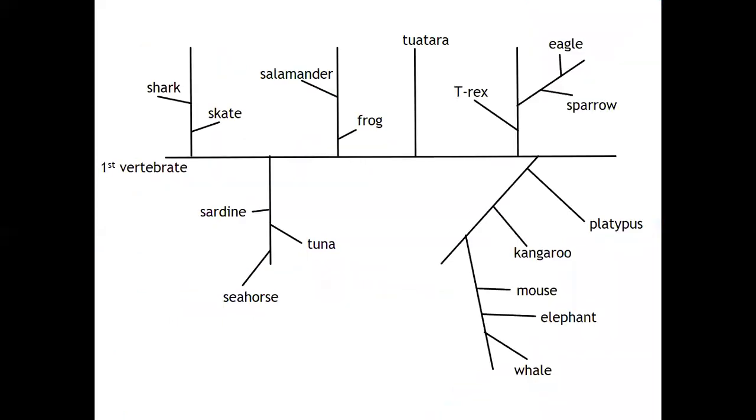So here's one possible way of looking at this. And for the most part, it makes sense. We have the shark and the skate together, they're cartilaginous. The sardine, the tuna, and the seahorse: in this, I assumed that the sardine was likely earlier because it's a small fish, and that the seahorse was later because of all of its more derived features,